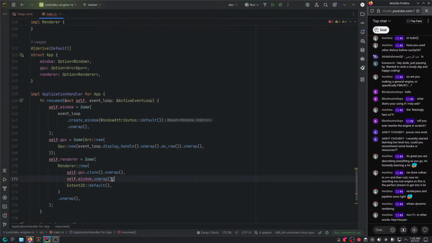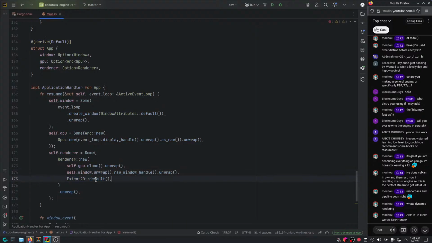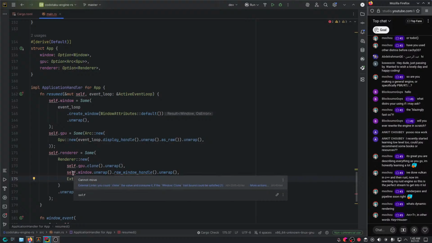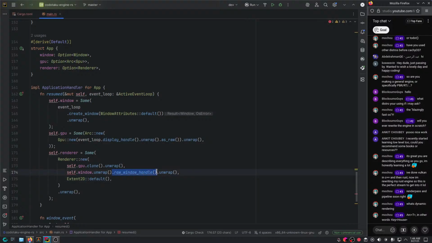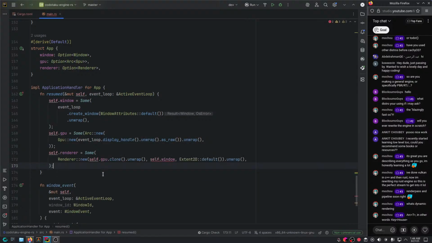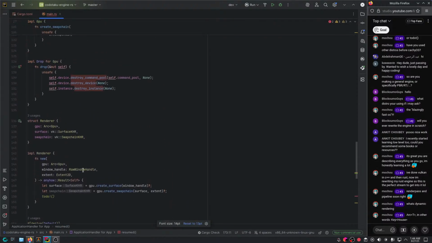self.window, I think, .raw_window_handle. Yep. .unwrap. Use HasWindowHandle instead. But what the heck is HasWindowHandle?